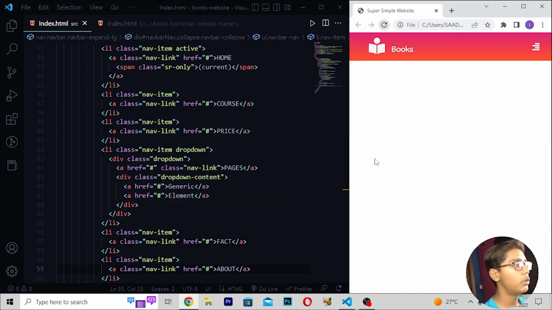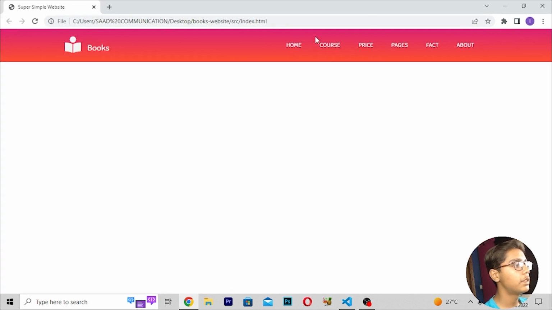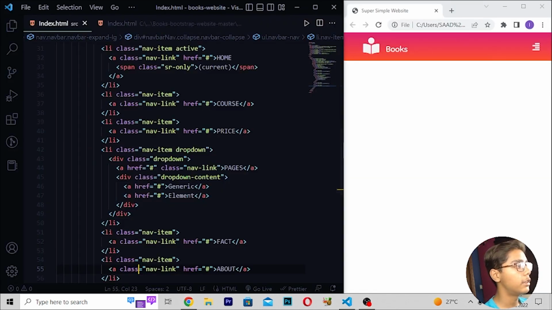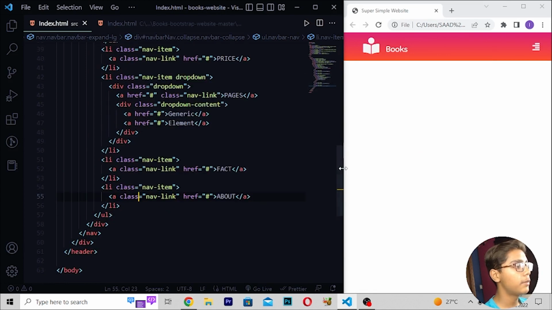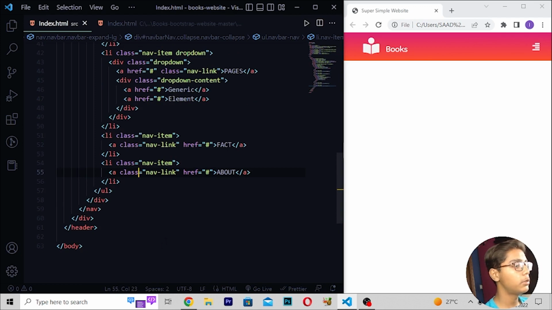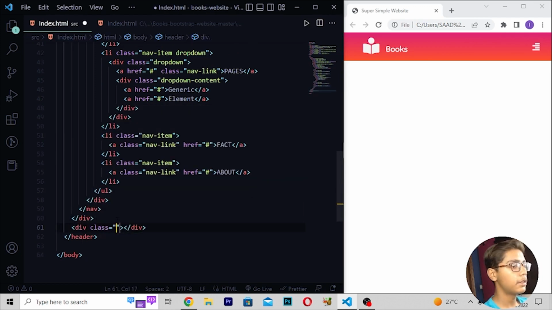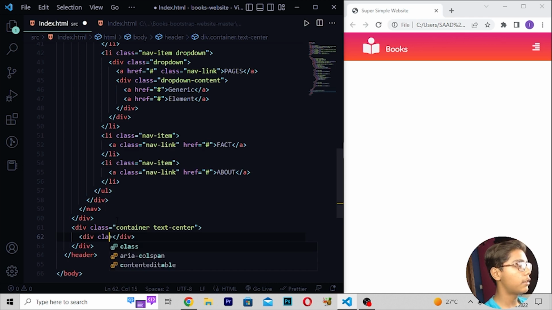this and then reload. So here if I just show you, you can see we are getting all this stuff here, and then we are getting here generic like this. Now when you are getting all this thing, here I will be doing it again like this. Now here you have to just move under the div which we have created, then right here div class, and right here container text, then here I will be writing center, then you have to write here div class, and